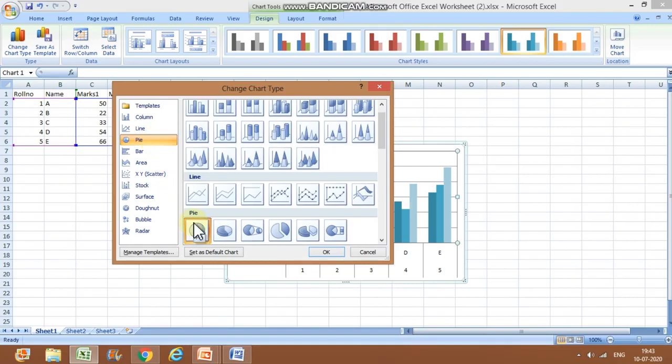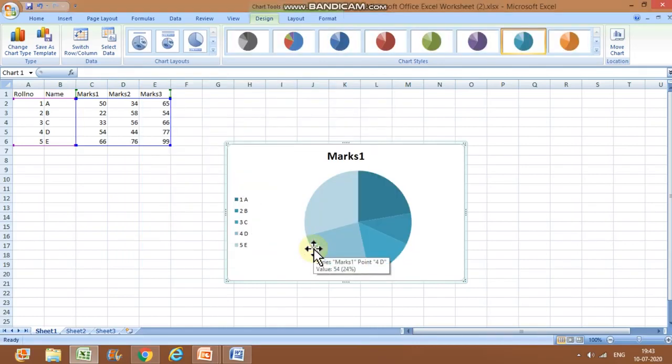No issues, I will not delete it and make it again. I can change it. I chose pie and OK. So my chart has been changed to a pie chart. This way I have changed the type of chart. Things should be clear. Style means the color, background, shading, and type means changing the type. Clear?